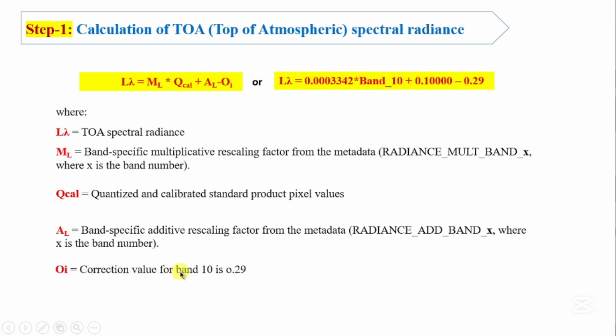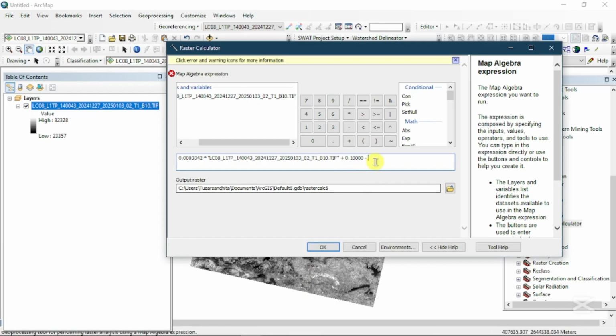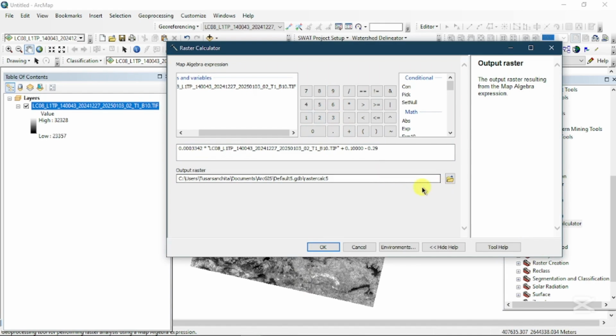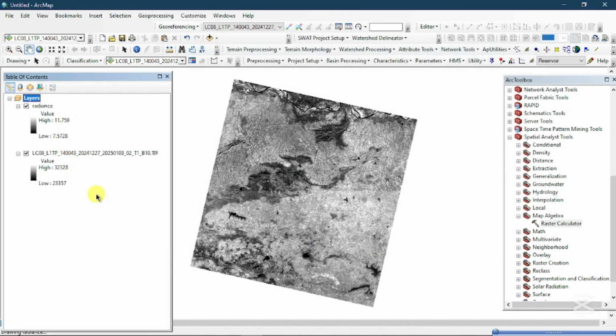And then Oi is the correction value for band 10, that is 0.29. And then set the location of the output raster and rename it. Suppose we are giving it the name radiance. So step 1 is done, and the next step is